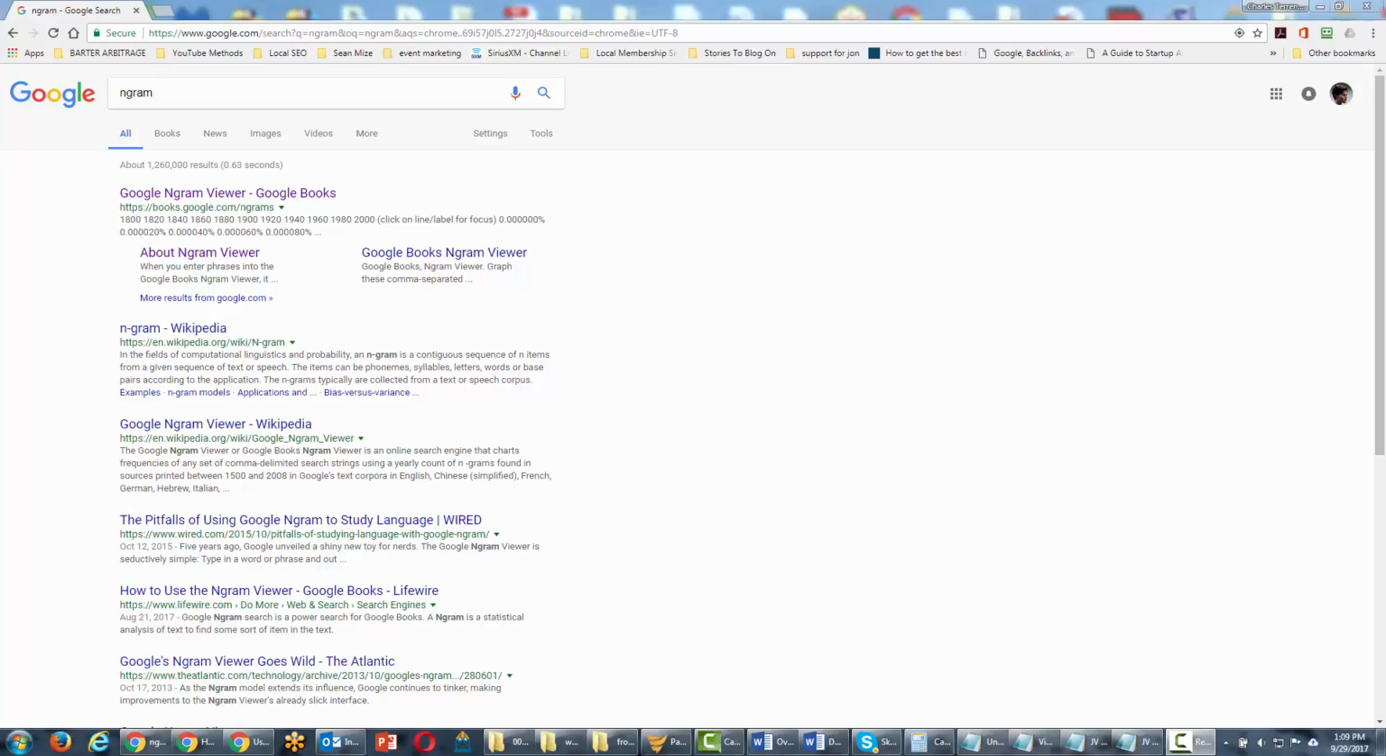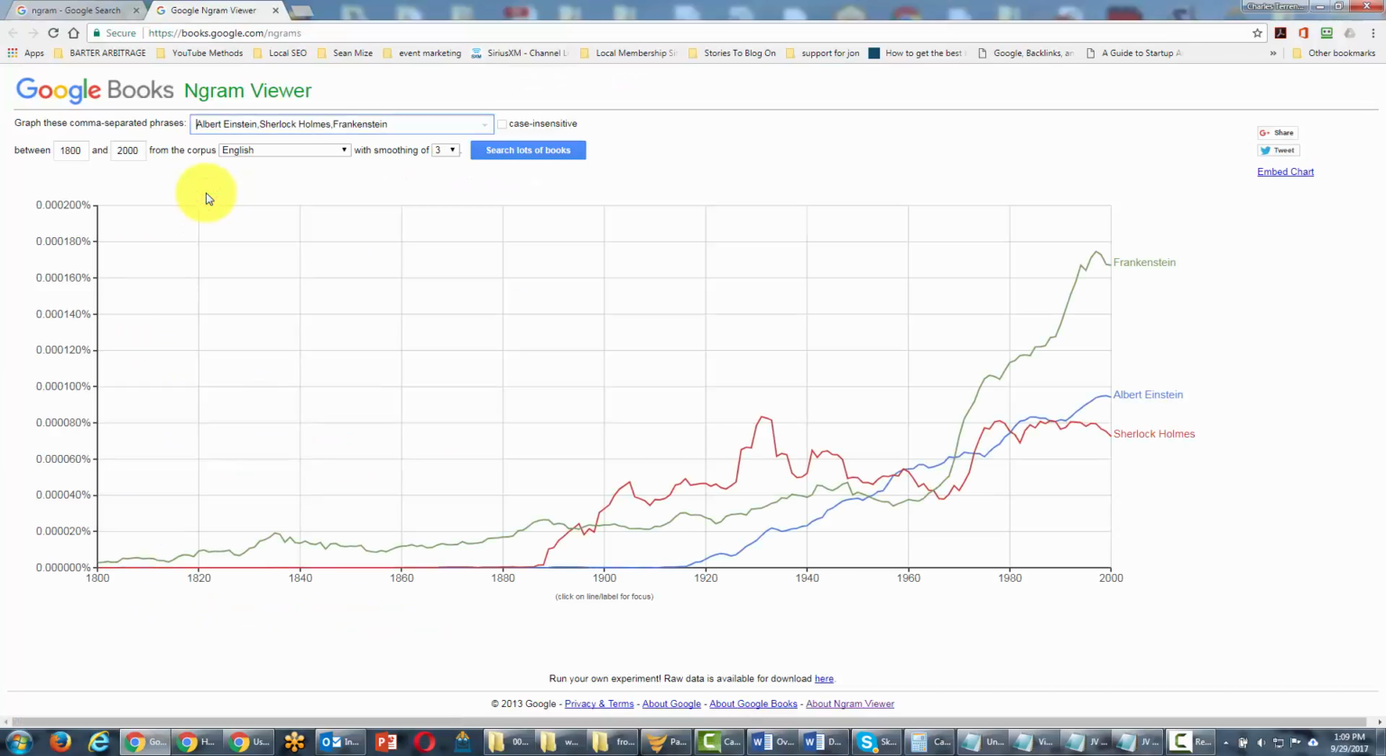Welcome back. You are now looking at Google search, and you'll notice that what's written in the search box is the word Ngram. If you click that link, the very first result, it's going to take you to Google Ngram Viewer. Now, what Google Ngram Viewer does is it shows you the popularity of a phrase in published books from 1800